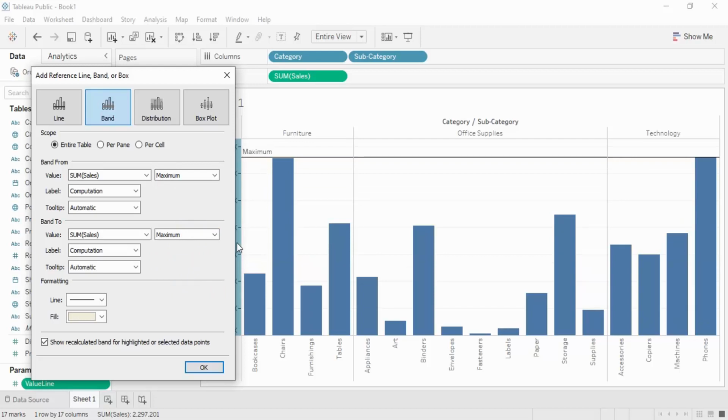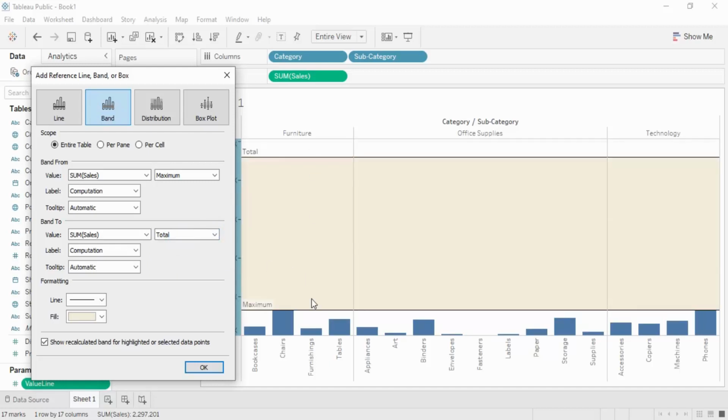These are the conflicting values, where only a single value, the maximum, is there. So instead of extending the area, these two have collapsed into one another, giving us just a line kind of format. If you want to create lines with the help of this band, this is how you can do that. Otherwise you can select anything that you want, from maximum till the total, like what is the difference between the two.